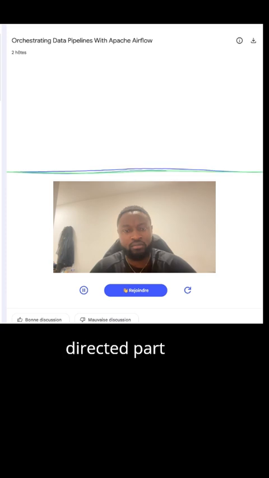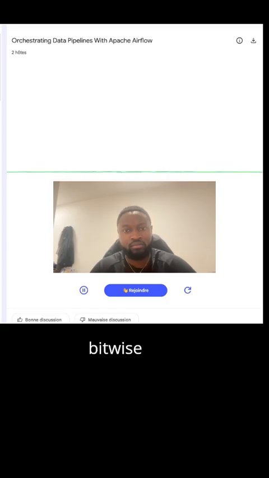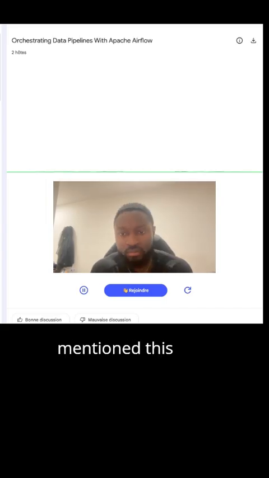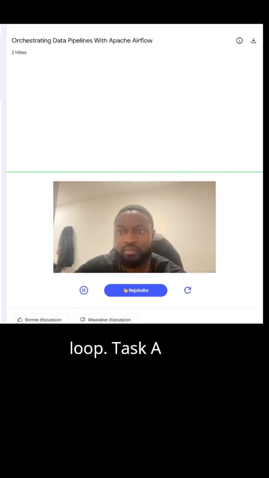So we've been using that term a lot. Let's unpack the DAG. The DAG is the foundational concept for everything in Airflow. It represents a single data pipeline from start to finish. The directed part means there's a specific flow. The arrows only go one way. We use those bitwise operators, the right shift and left shift, to establish that flow. If you write task A, task B, it means task A must complete before task B starts.